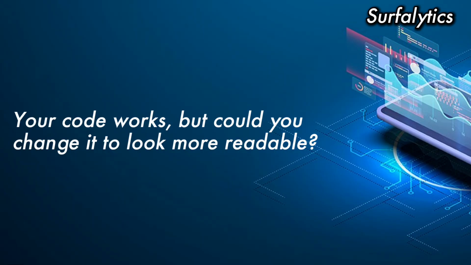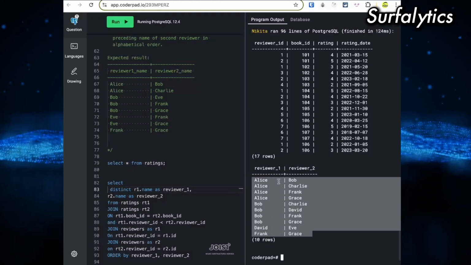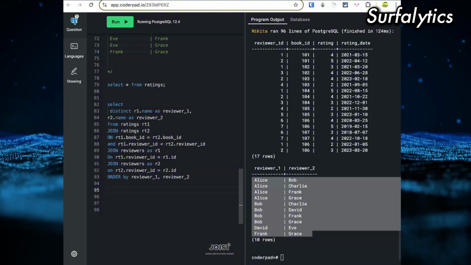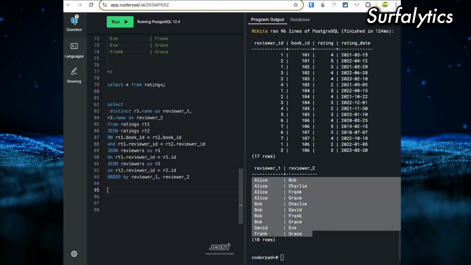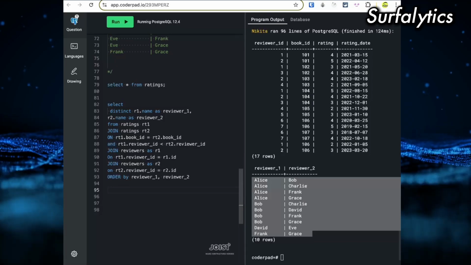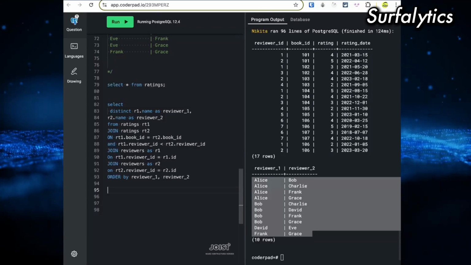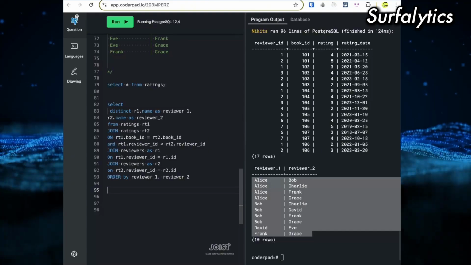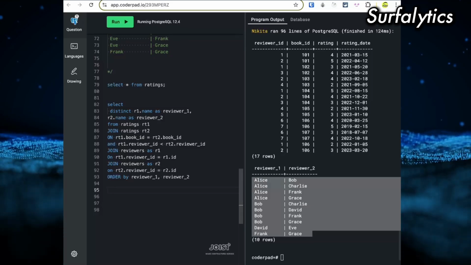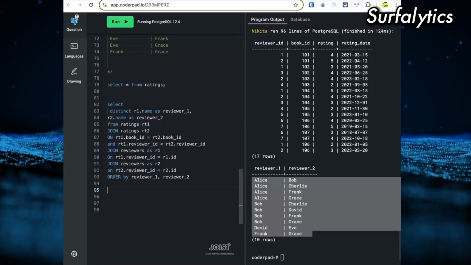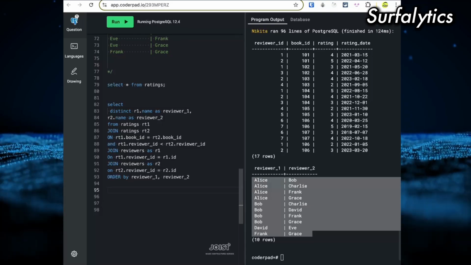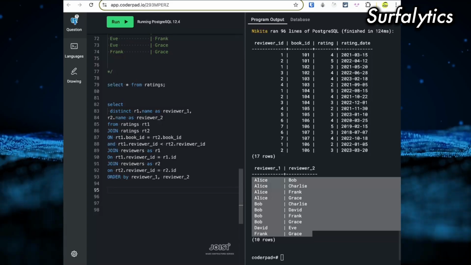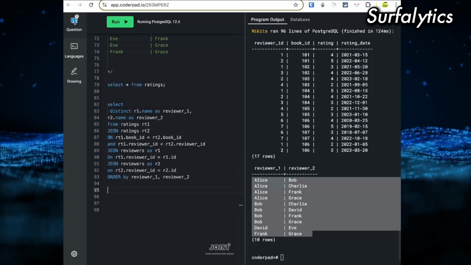Your code works, but could you change it to look more readable? Yeah. For example, we can write something like, let me think. What the first I need to add? Maybe if I do reviewers or rating, let me think how it should be better organized.